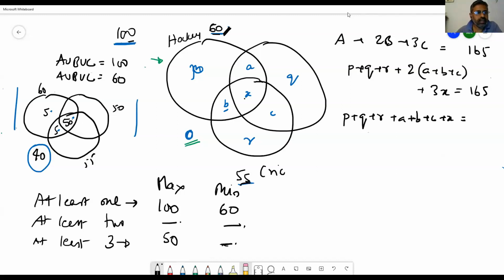What is that? It is actually A union B union C. It is at least one. Are we okay with this? The next one. What I'm taking is A plus B plus C plus X is equal to what? At least 2. And X, which is at least